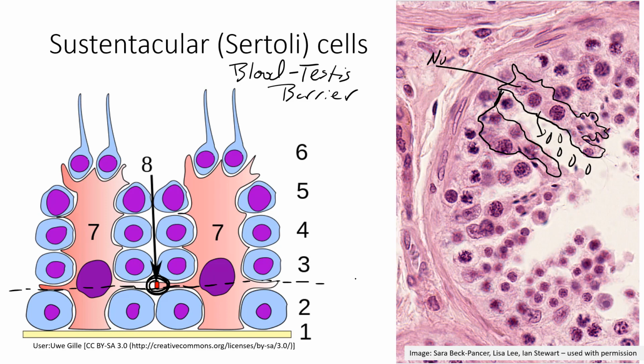This is probably something you've never thought about before, but let's look at it just a little more closely. This cell down here with the number 2, so 1 is the basement membrane, number 2 is the cell. This is a spermatogonium. These are stem cells. These are genetically identical to every other cell in this man's body, which means that his immune system sees these as self. However, once the type B spermatogonia enter into prophase 1 of meiosis and become spermatocytes, primary spermatocytes, they're